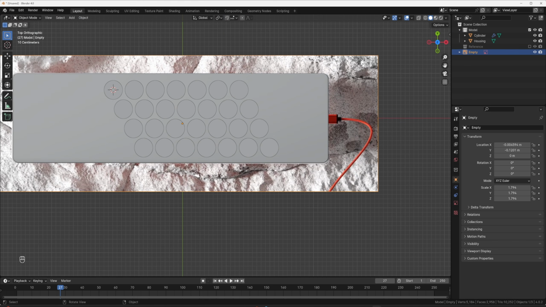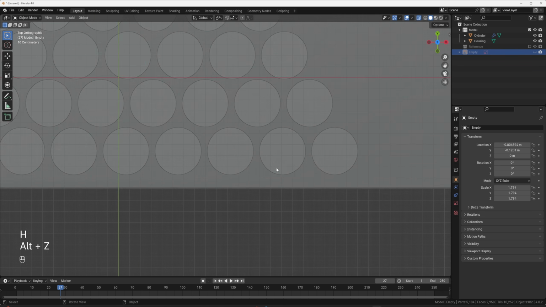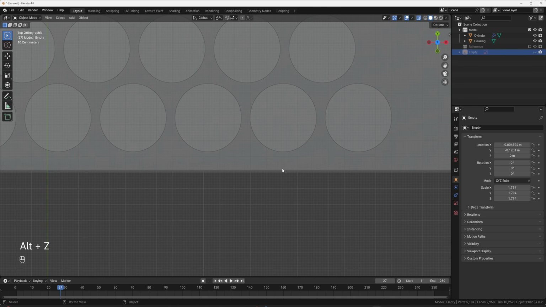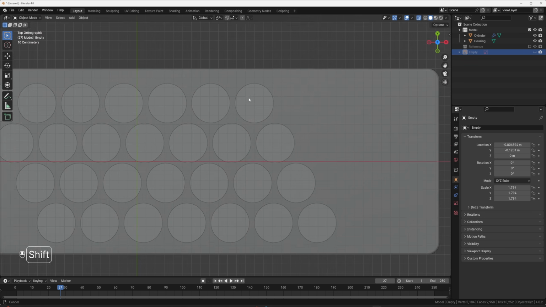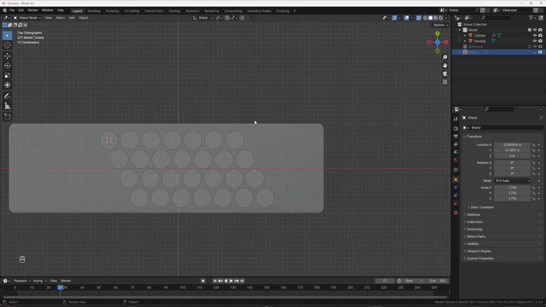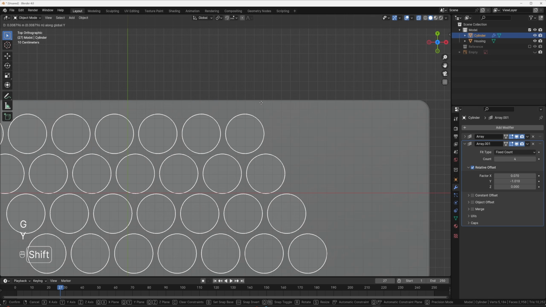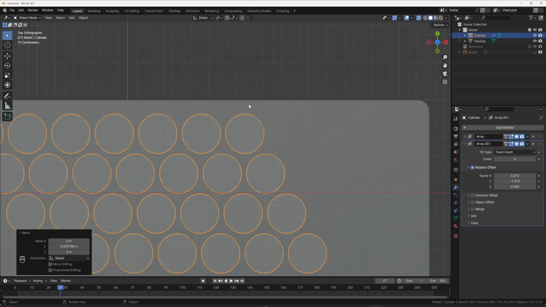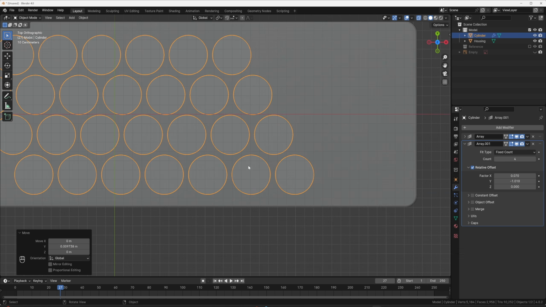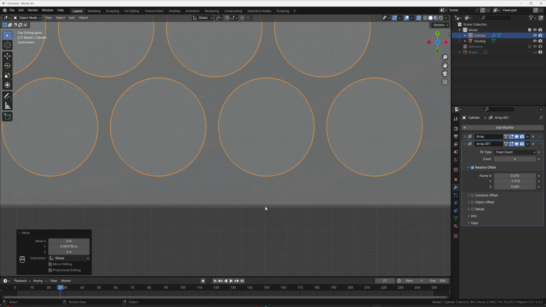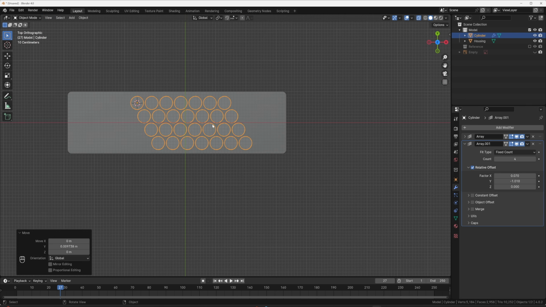So I'm going to hide this real quick. Go back into X-ray mode. This is not a sure science way to do it. I can just tell that there's 1 and then around a half of a grid there, and 1 a little bit over a half. So basically what I'm doing, I'm just going to grab this and then GY to move it along this axis. I'm going to do right at 1.5 on this one, and then looks like we're right at 1.5 on this one as well.